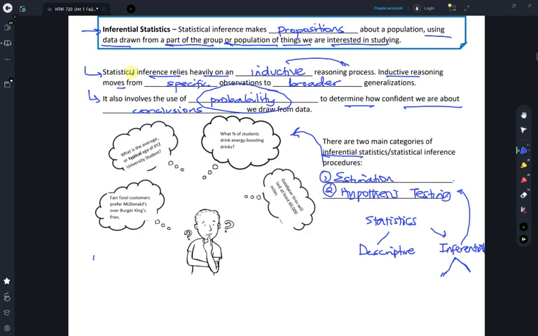So let's say the research question is to look at this claim. Fast food customers prefer McDonald's over Burger King's fries. Is that true? Is it false? Is it a majority? Well, someone seems to be making an assertion here or a claim, or someone seems to be hypothesizing. If that person wants us to answer this question or test this claim statistically, we would use the